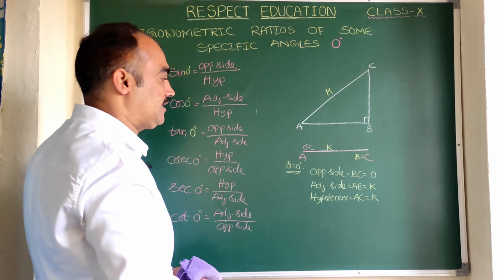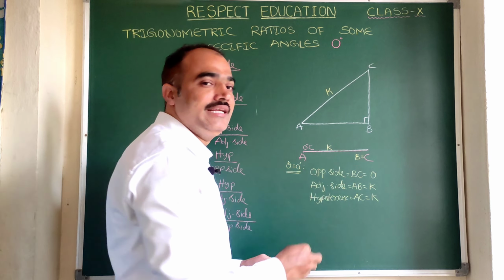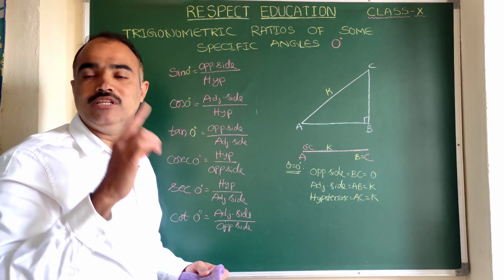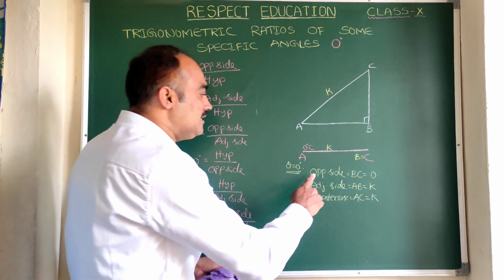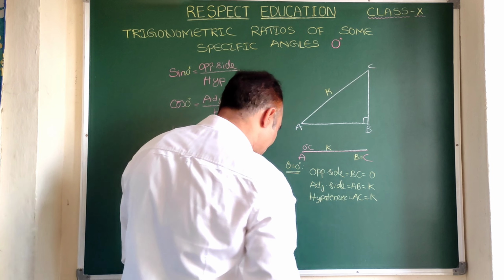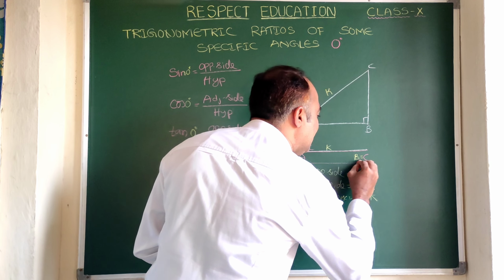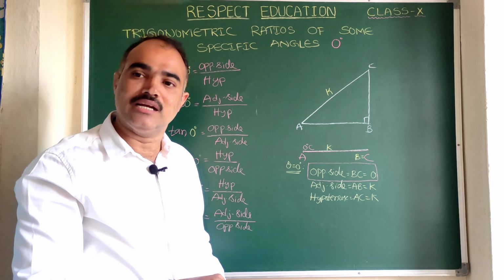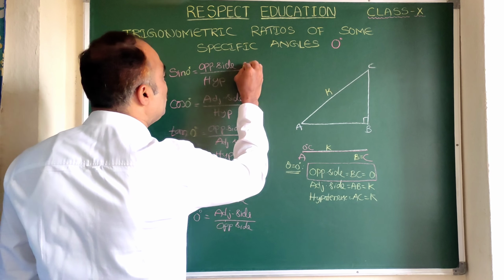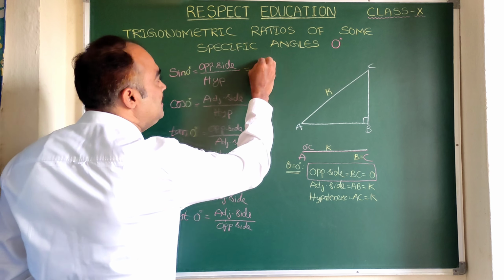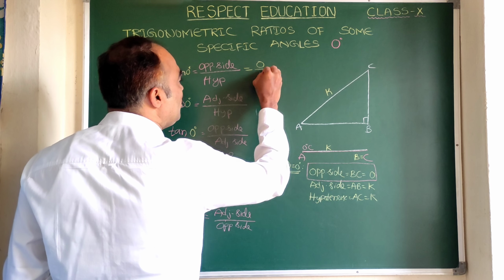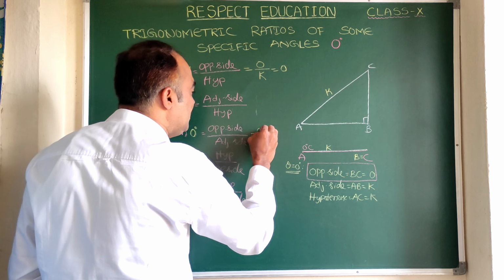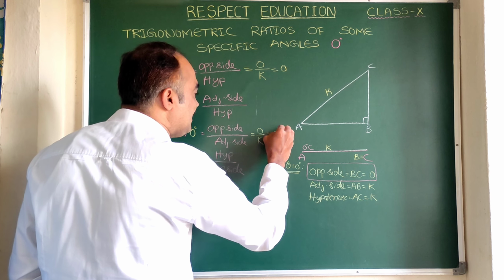So here you need to understand that since opposite side is 0, wherever you get opposite side in the numerator, that value will be 0. I repeat once again, since opposite side is 0, you keep focus on this. Wherever you have in this formula opposite side in the numerator, that will be 0. So here, this is in numerator, so this is 0 by hypotenuse K, 0 by anything is 0. Same way here where opposite side is. Clear? So this is also 0 by adjacent side K, 0 by anything is 0.